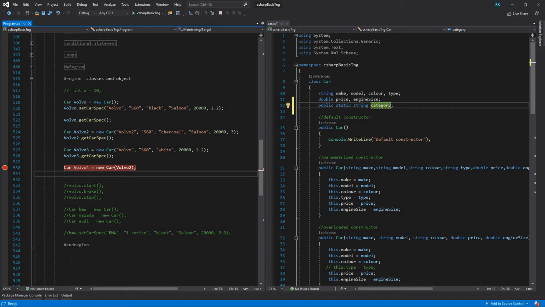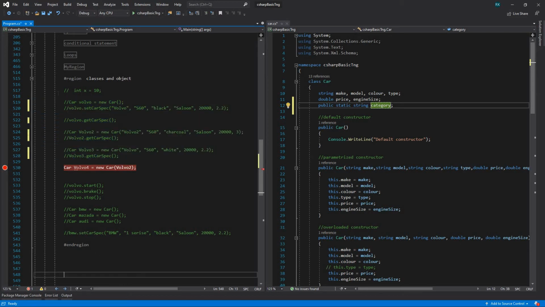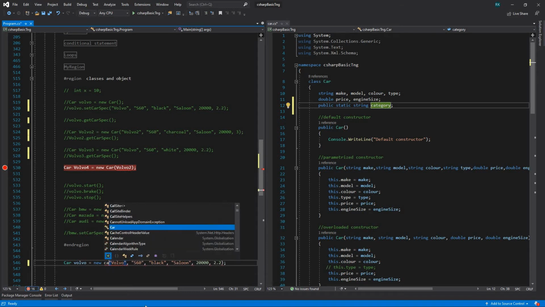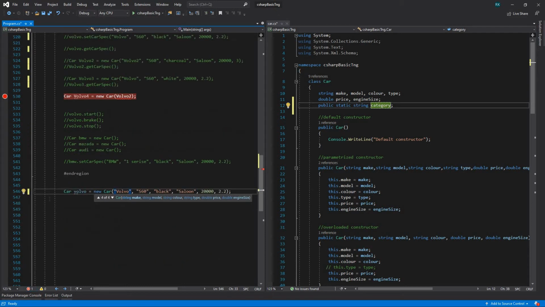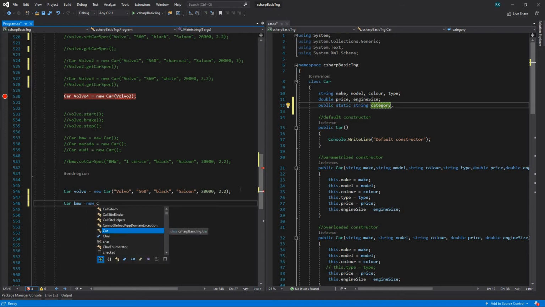So what I mean by that is, in this example we will comment that bit and we will create a new example here. So we'll say car Volvo and this specification here, car. So this will create an object called car. We will create another object, say BMW equals to new car,